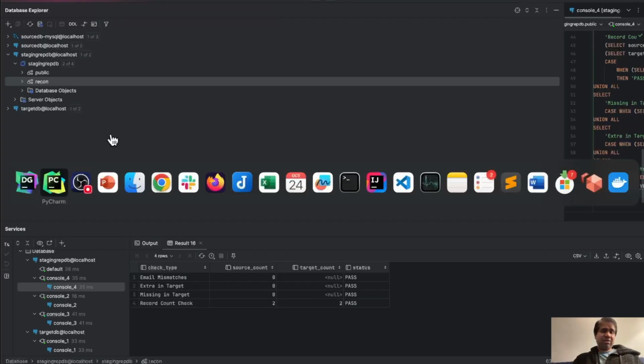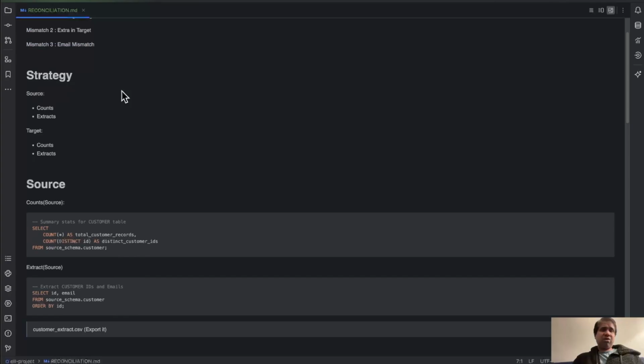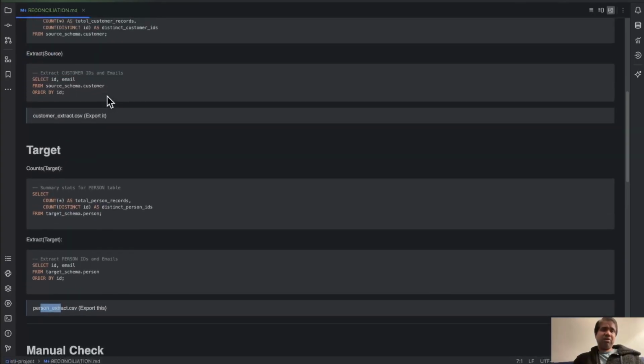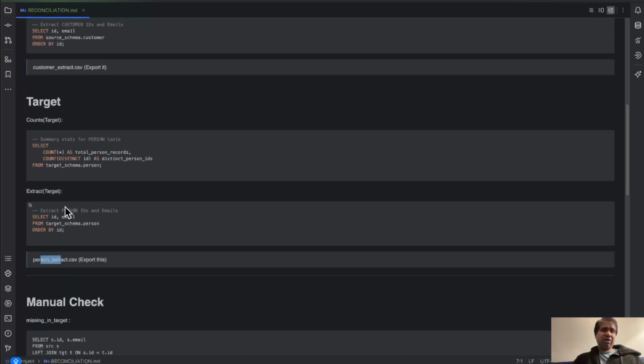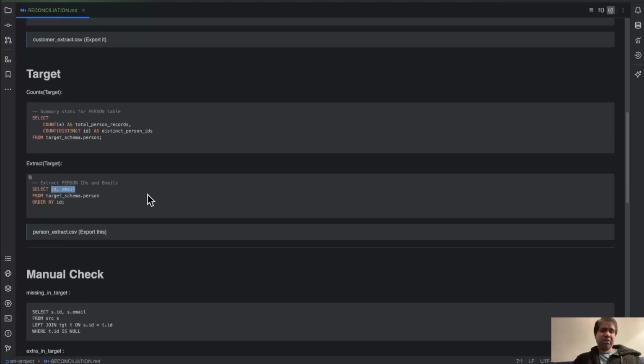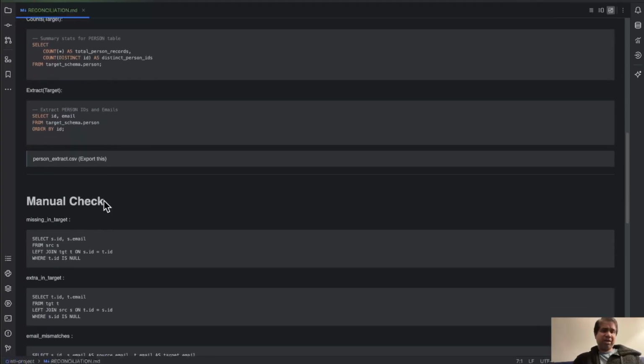So see, this reconciliation process is no different when your number of tables grows from 100 to 200 or more than 200 plus tables. The principle remains the same. So this is the approach we take. We don't just do ID and email. We take various data, then do the reconciliation process. For demo purposes, I'm just showing you as simple as possible so you get the principle and the steps behind it. Okay,